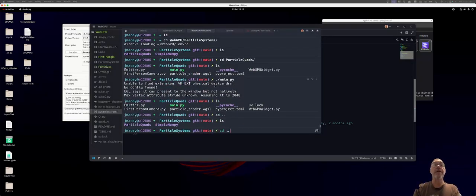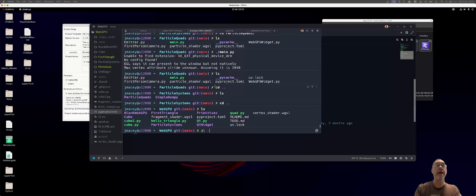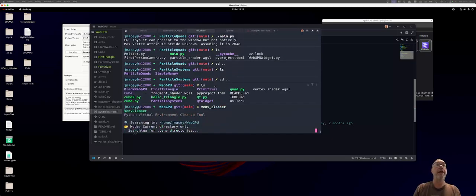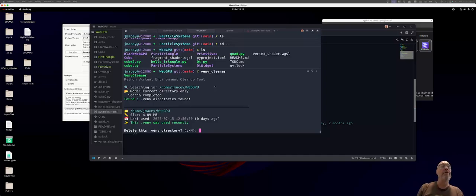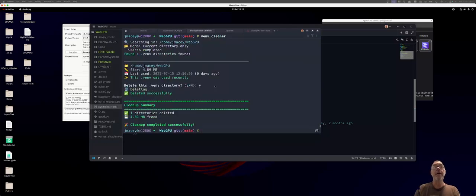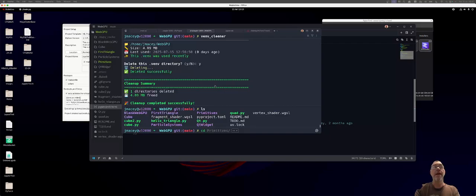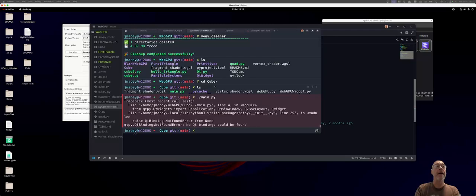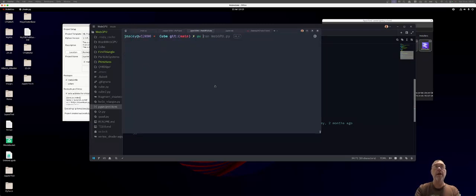It takes a little bit of work just to get it going, but what you'll see again is when we run our VM cleaner, it'll go through and you can see it's just got one VM there, relatively small in this case. It's 4.89 meg, so I can delete that. That will delete the contents of that. When I try running it again, UV will recreate our project and our workspace, and I should be able to go to any of these. So again, let's go to Cube because we haven't run that one yet. If I run that,